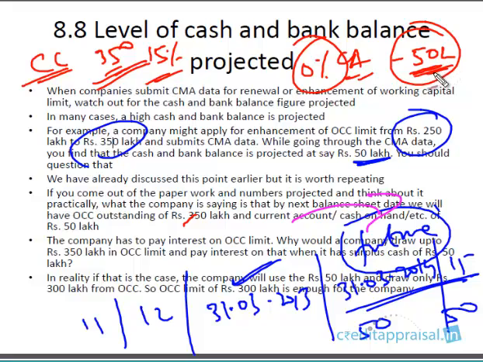So when you have surplus funds, as an owner, what is your first intent? What is your first reflex? You transfer 50 lakhs to this CC account, bring down the liability to 300 lakhs, because you'll be saving on the interest. This 15% on the 50 lakhs which you have brought down is an interest saving to you. Bring this down to zero, or if you want, maintain a minimum of 1 to 2 lakhs. You transfer the balance to the CC account, bring down the outstanding and save on the interest cost.